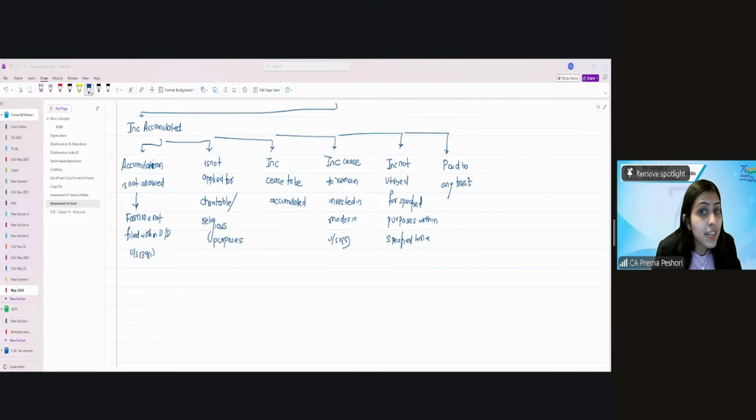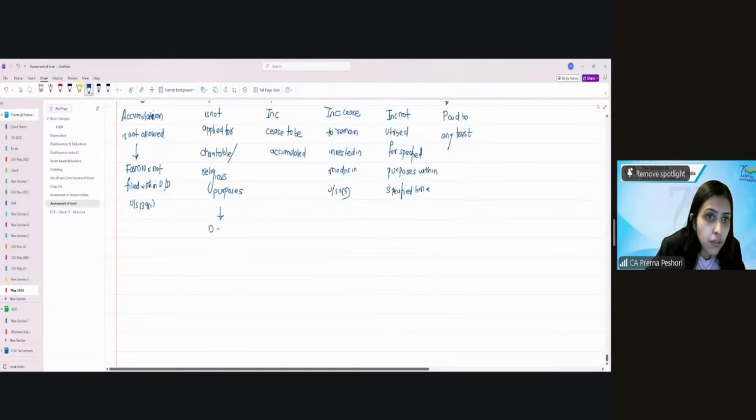So it will be considered as deemed income where you violate these conditions. Yes or no? So if the accumulation is not allowed or the income is not applied for charitable or religious purposes, then this will be deemed income of